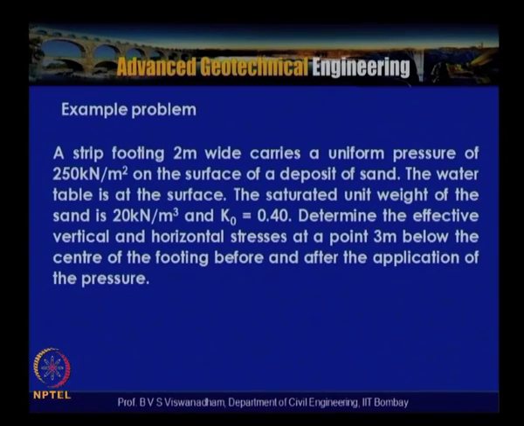Before the application of the pressure you calculate the vertical stress, that is the effective stress, and multiplied by the K naught value we get the horizontal stress. After loading, by calculating from the strip loading equation for sigma z, we can calculate the increase in stress. So, with that we can get the stresses before loading and after loading, and the increase in the stresses.